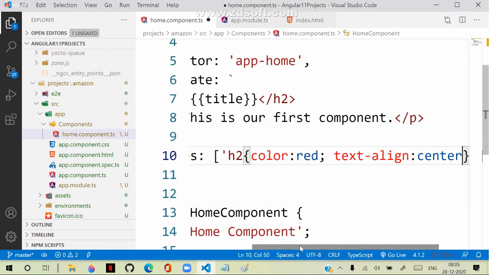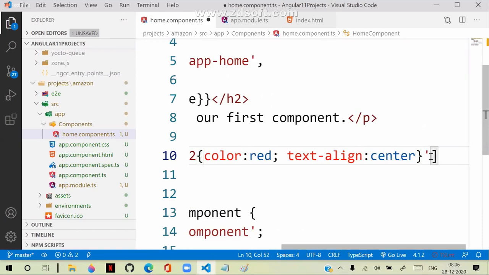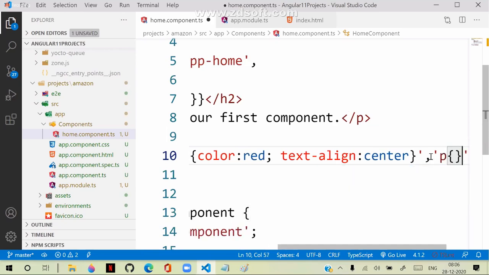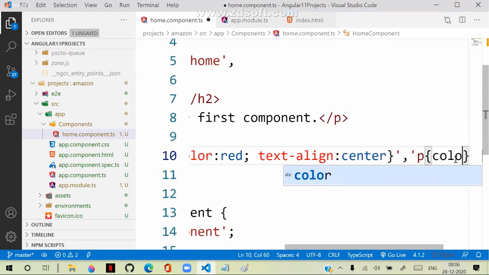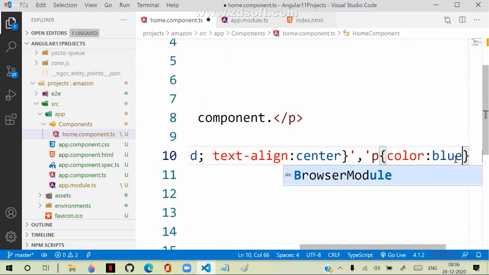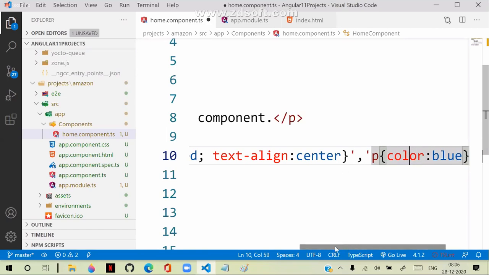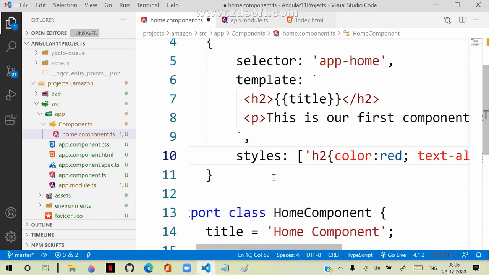Suppose you want to apply a style for a paragraph. After that heading, comma, another string. So this is for the paragraph, whatever effect you want. You can use all types of selectors like ID selector, type selector, everything. And here I am defining, for the paragraph, suppose some color, so color as blue, like this. I defined some effects. You can add anything, whatever you want to configure, and you can specify everything here. Okay, so this is the design. For example, suppose this entire thing is designed in a div.